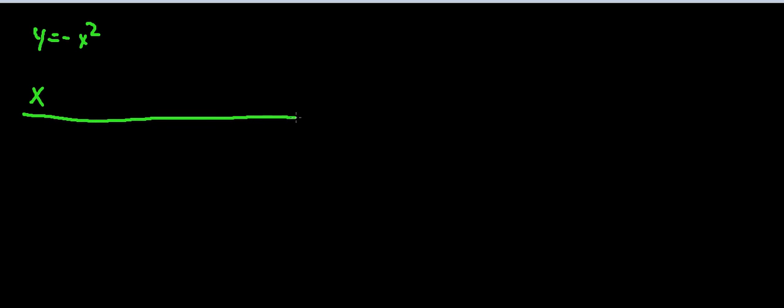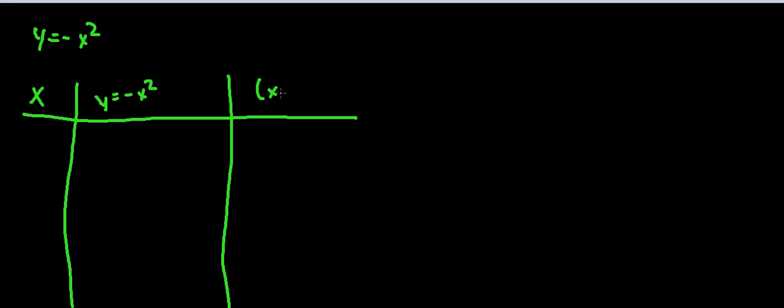So we'll make a table. Our answers go over here. And again, I'm just going to do -2 to positive 2. So let's begin by plugging in the first point, and you're going to see right away where someone could very easily make a mistake. So we have -2